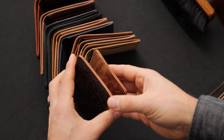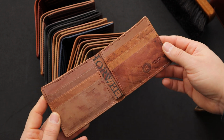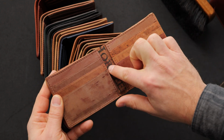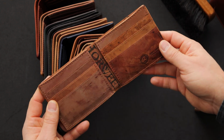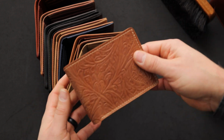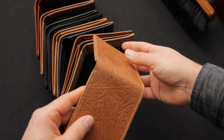This one has a waxed and burnished edge, and then a reverse Color 8 interior, and the interiors here have a really nice dye splatter. And we of course try to cut the Horween shell cordovan ink stamp into nice visible spots like you see in the center here. Another Western texture, this time on natural shell cordovan, which is the lightest shell cordovan color